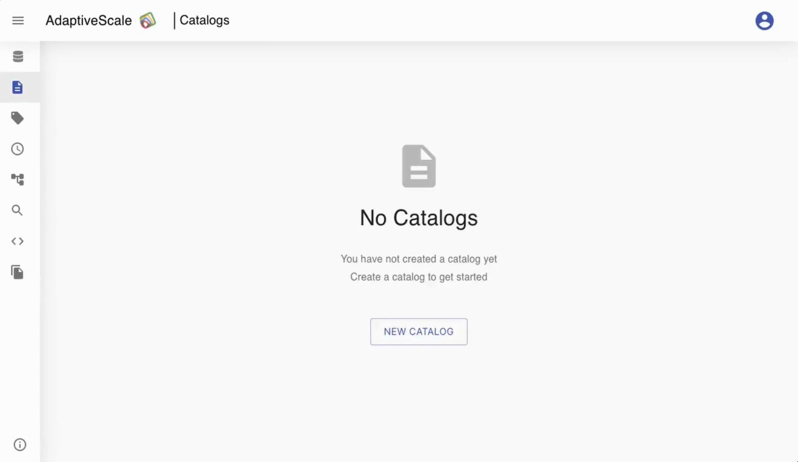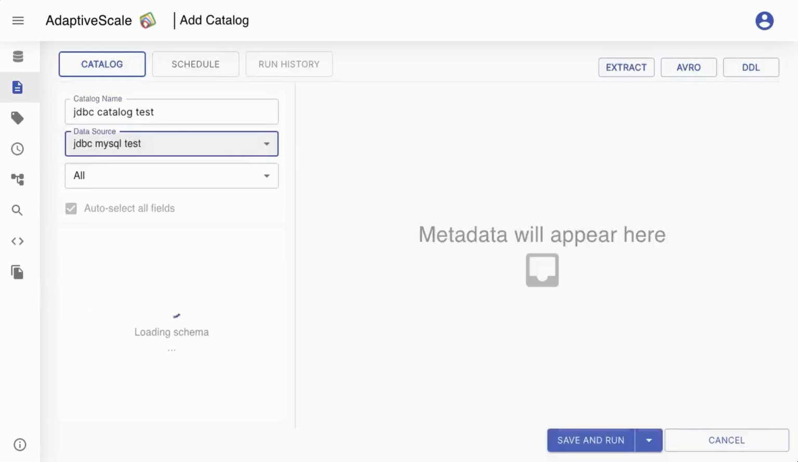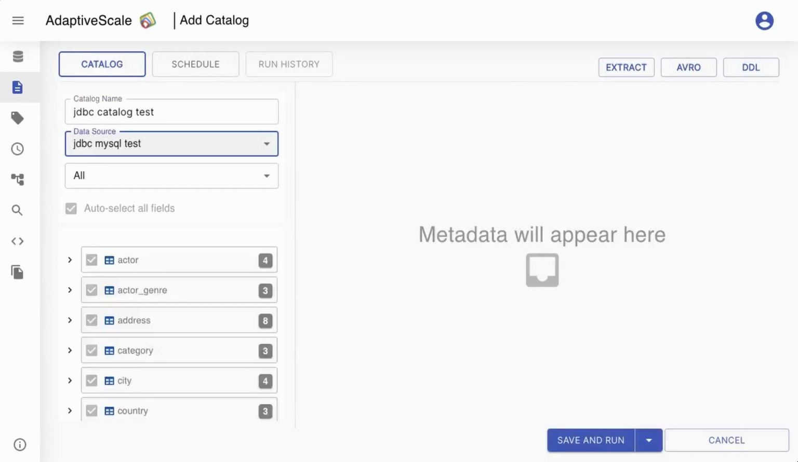If there are no catalogs configured, we can click on New Catalog button to add a new catalog. Same as in the data source category, in catalogs we must fill the catalog name that should be unique, choose a data source connection, and all tables are filled automatically. There is an option to select all the table fields by choosing all or select as many as we want